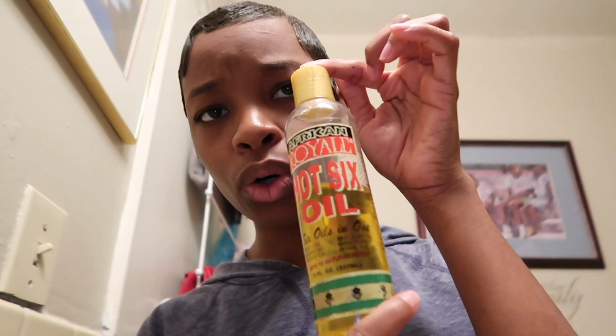What I want to tell y'all about me doing my makeup is that I'm going to take my foundation brush and carefully apply it around the finger waves so that the makeup doesn't really get on it. But if the makeup does get on it, which typically happens around this area, what I'll try to do is put some oil on it, so I will put something like Hot 6 oil on it, or